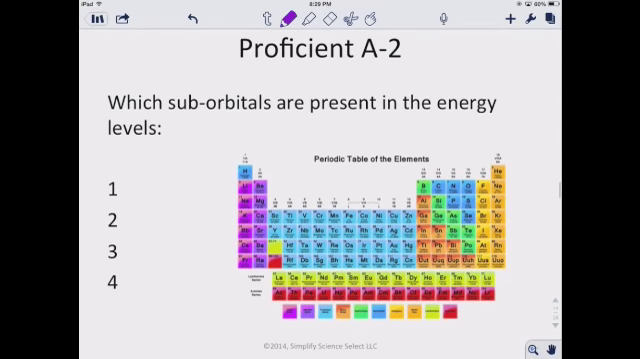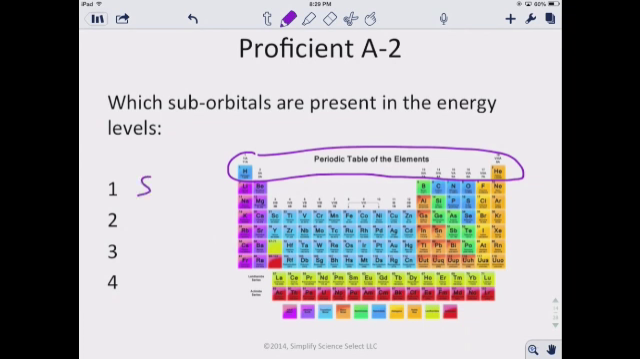Moving on to the next one. Which suborbitals are present in the energy levels? So when we're looking at the energy levels, the first energy level, which is right here, just holds the s orbital. In the second energy level, we have the s and the p. Okay, and this is a little bit different, but in the third energy level,